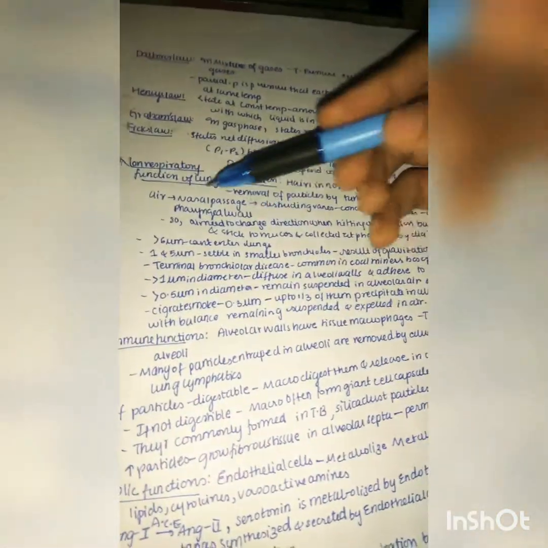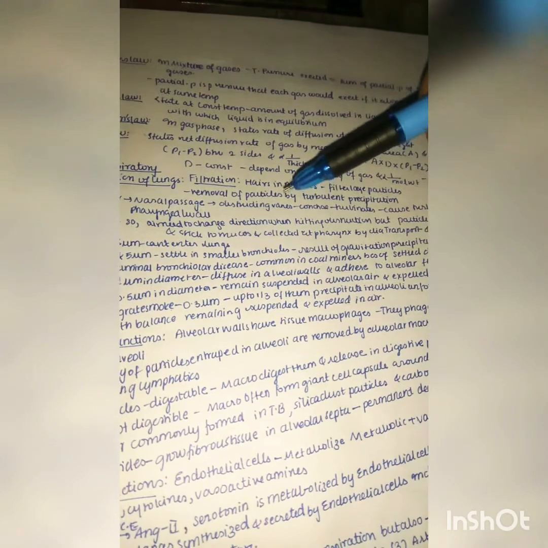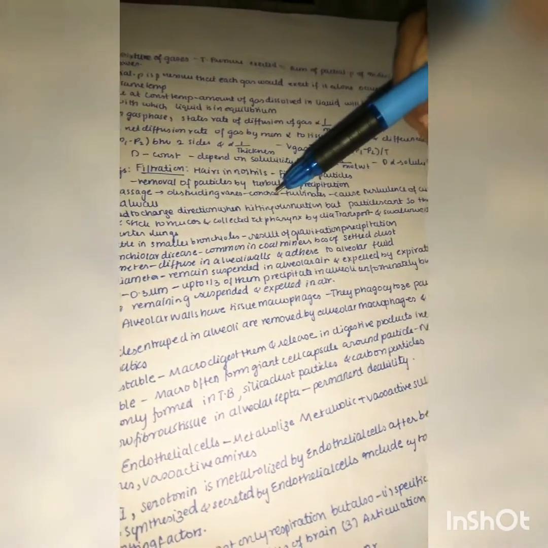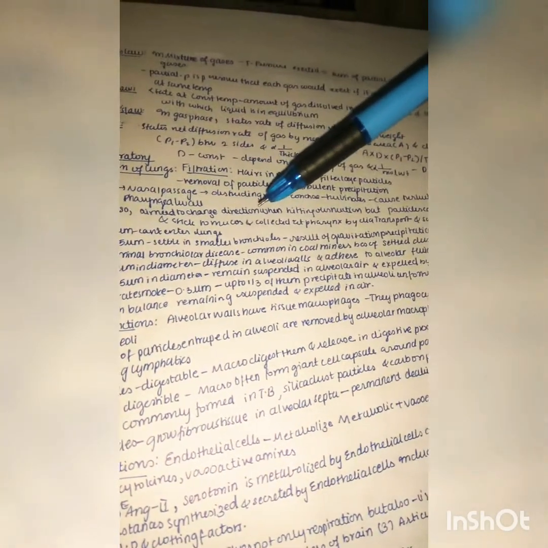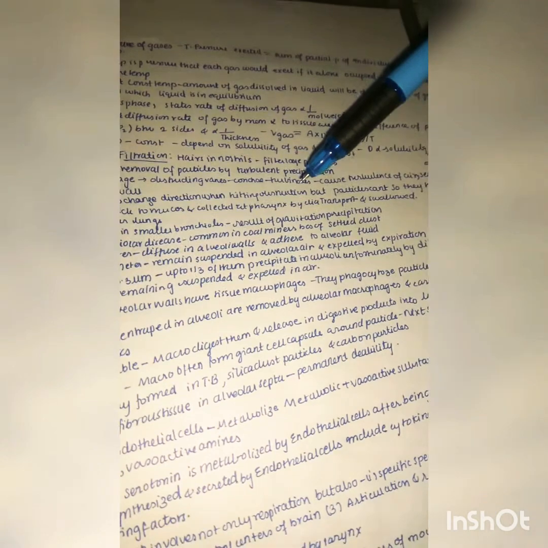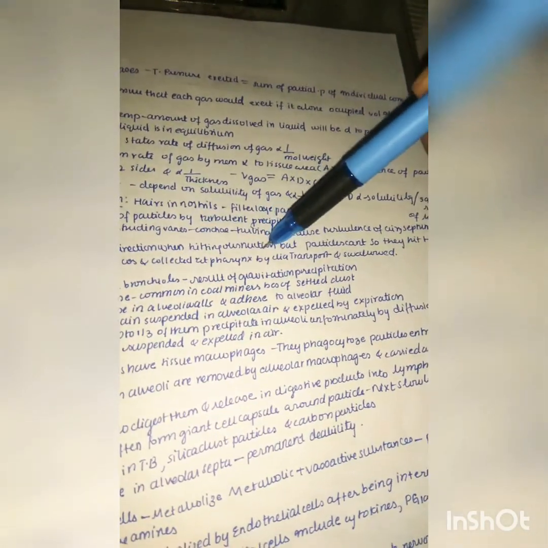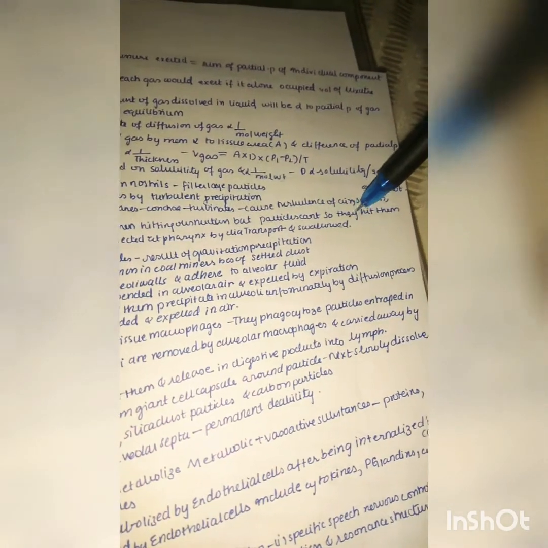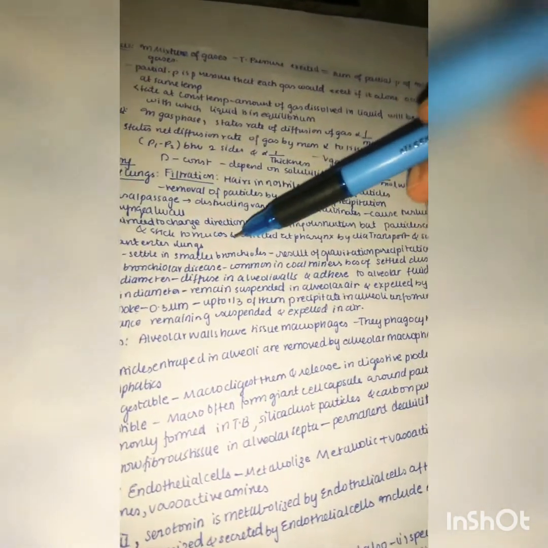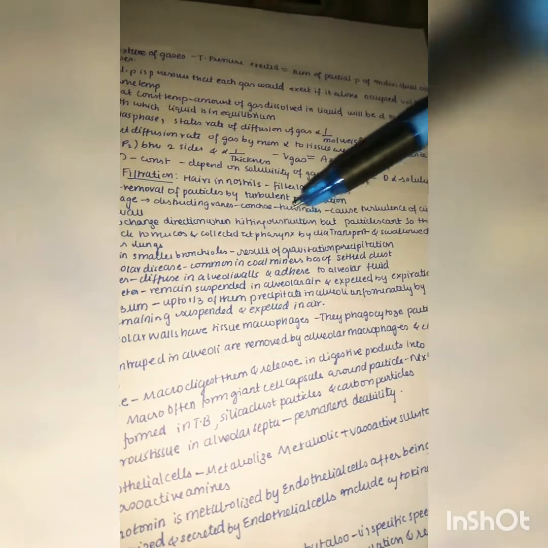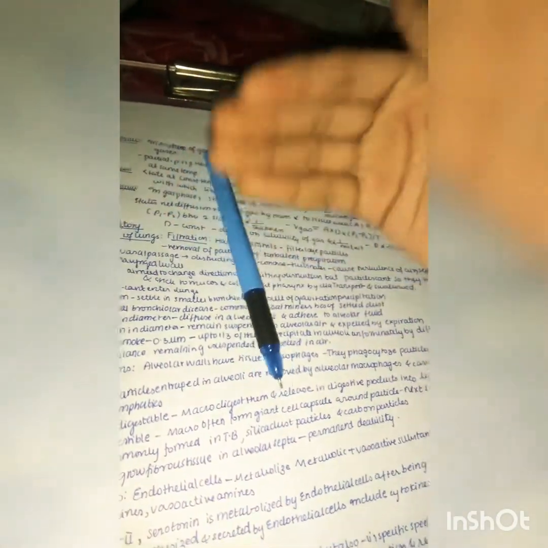We'll see here, you can see the nasal passage obstructing, the concave turbinates cause the turbulence of air, septum and pharyngeal walls. So the air needs to change direction when hitting the obstruction, but the particles can't, so they hit them and stick with the mucus and are collected at the pharynx by cilia transport and are swallowed later. So that is how it works. For example, this is a particle, my hand is air.